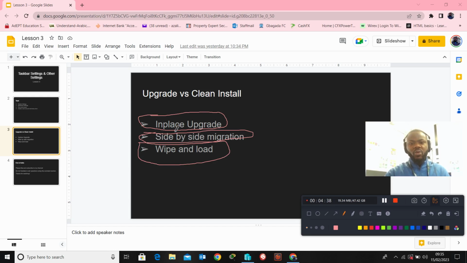There's never a time when you are going to do an in place or a side by side upgrade. You are always going to be using wipe and load. So wipe and load simply means you have one laptop or desktop, or a computer at work, that is not functioning very well. So what you are going to do in that case is go to the computer, wipe it off, remove everything the computer is having,